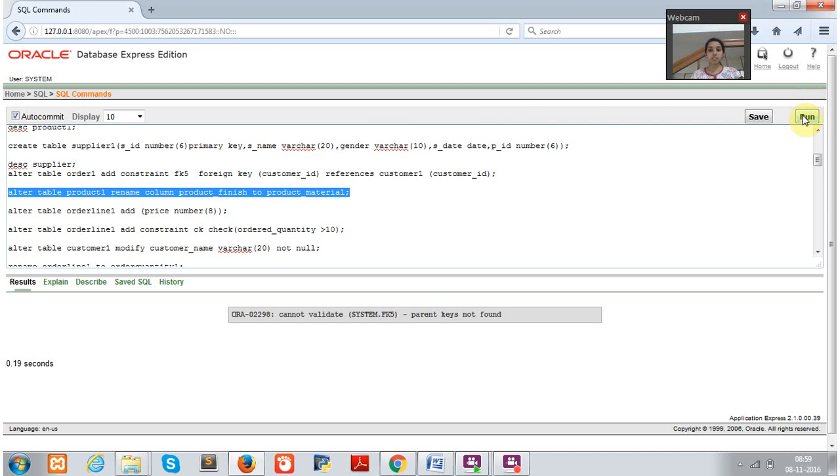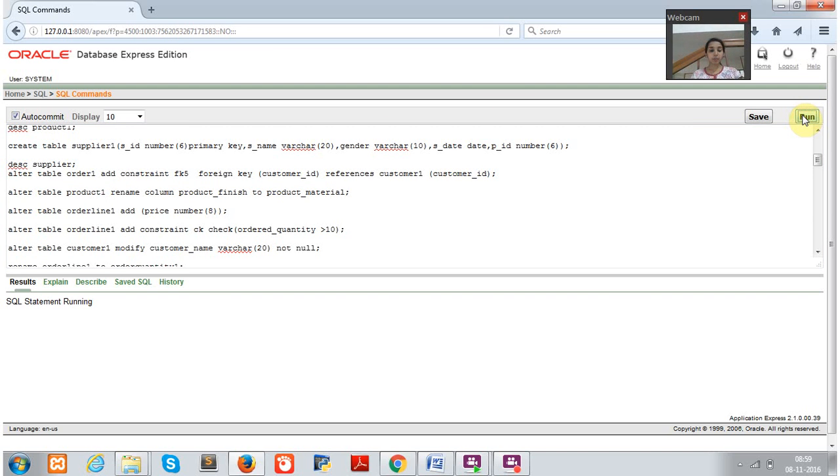On running this, the table is altered. After that we have to add a price attribute to the order line table. So alter table order line add price, and the data type is given. On running this,